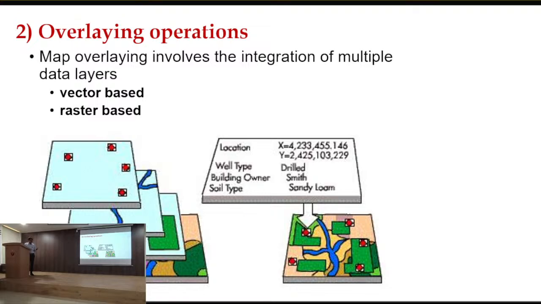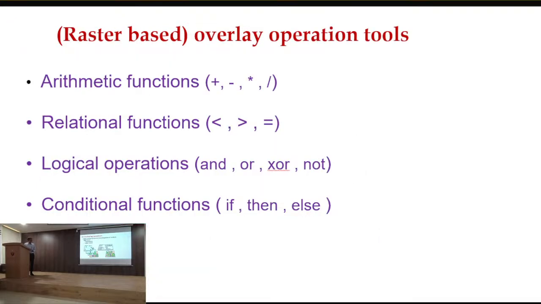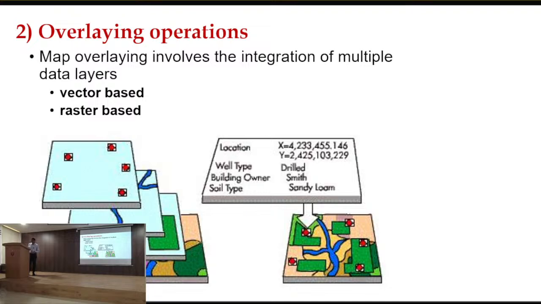The next one is the overlay operations. Overlay operations are basically performed on more than one layer. For example, I have four layers: 1, 2, 3, 4. I am querying and selecting the information from all these four layers at a time so that I can get the information and then select in the